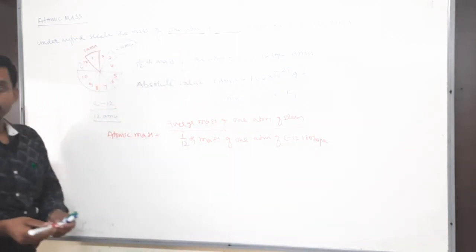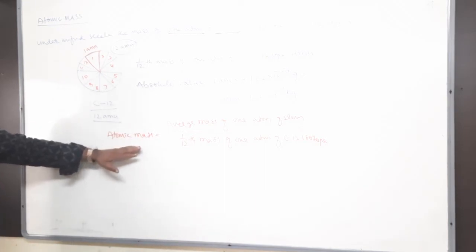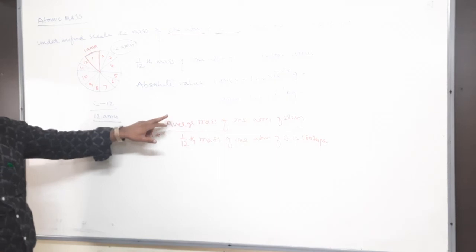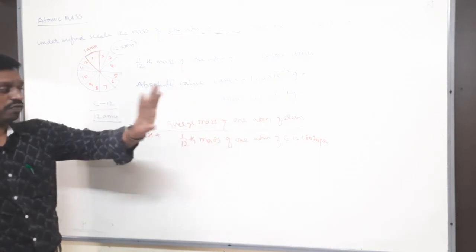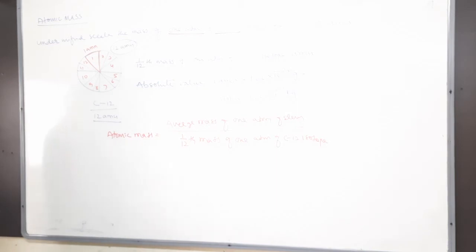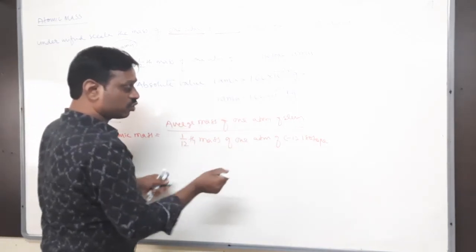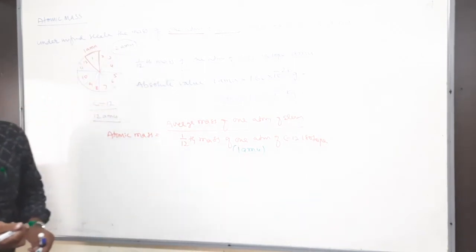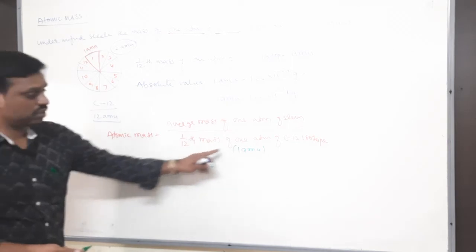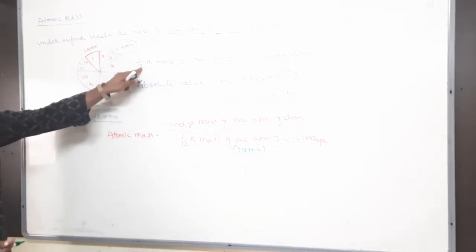So therefore, how do you define atomic mass? It is a ratio, no? Atomic mass is equal to the ratio of the average mass of one atom of the element to the 1/12 mass of one atom of C12 isotope. But this 1/12 mass of one atom of C12 isotope is also equal to what? 1 AMU. Yes or no? So instead of writing this, you can write 1 AMU, because we have written here 1 AMU, meaning this.